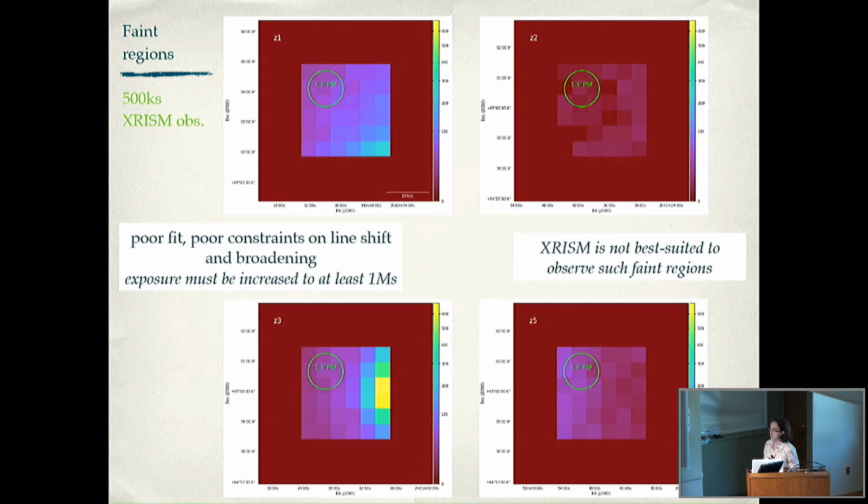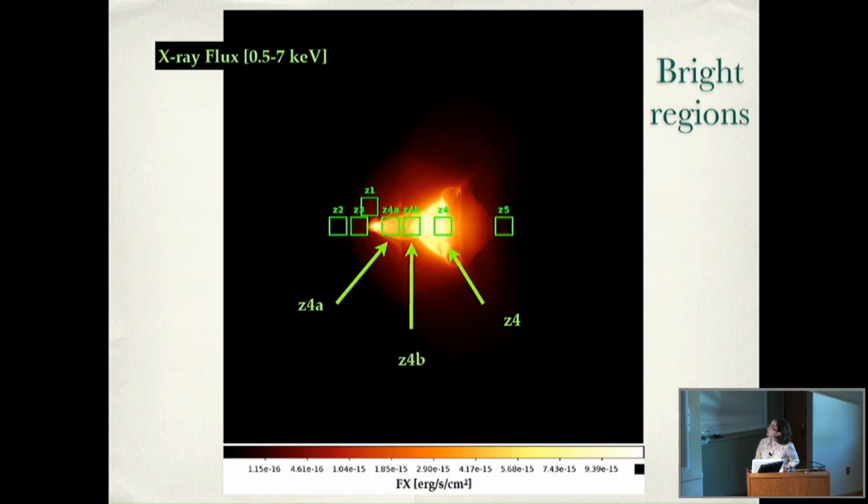The number of counts is too low, especially in the 6 to 7 keV band where you want to fit the line, and you have to have enough statistics in order to constrain something reasonable. We even tried to exclude the bright part, just to catch the region in the shock, by assuming a super high spatial resolution and cutting out the part including the core. It was even worse than before. So let's move to brighter things.